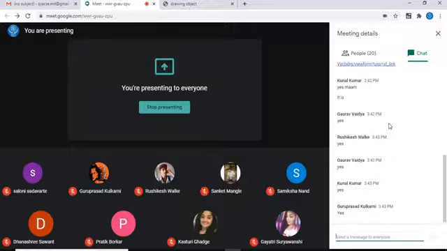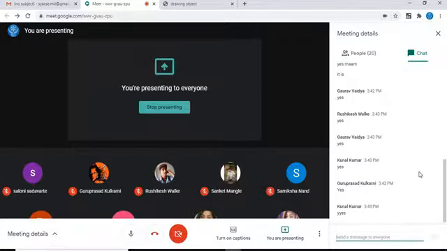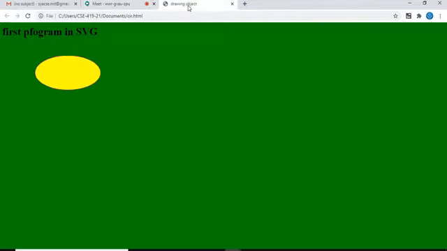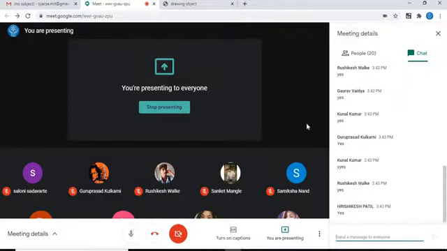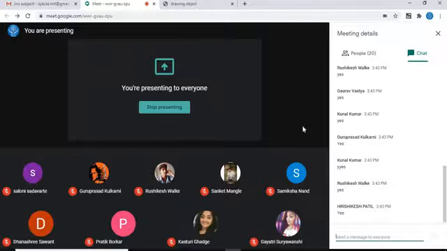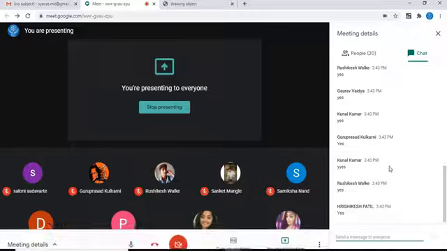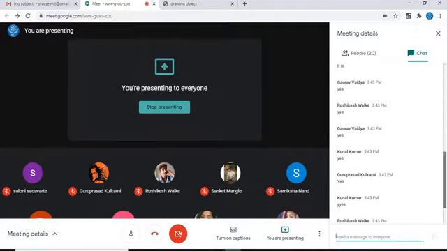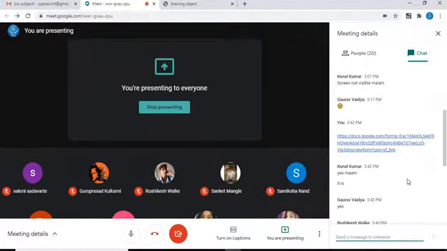Let's get a confirmation from your side. Okay, this is an ellipse. And initially I showed the rectangle and small circle, and a simple rectangle in the first program without the solid fill. So this is how JavaScript is used in a different way. We can include graphics objects also.